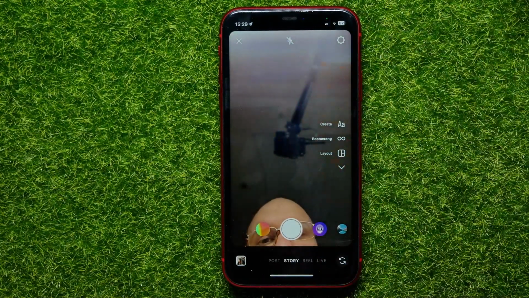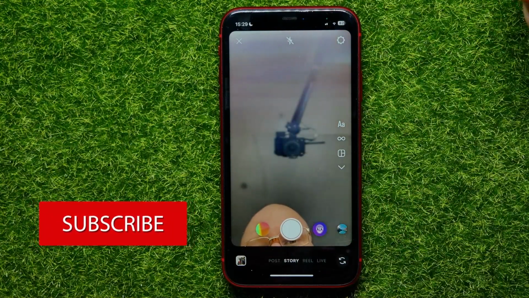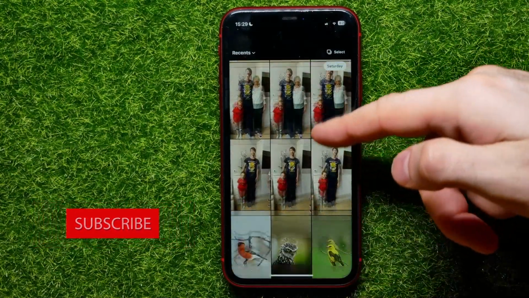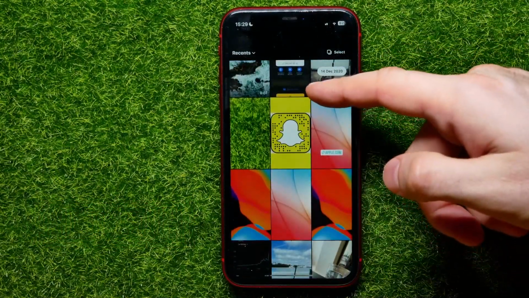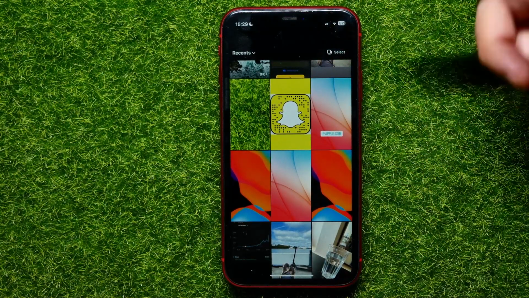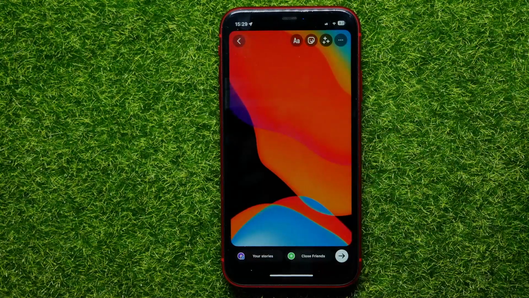You can use your camera to take a picture or to record a short video first, or you can hit right there to open up photos from your camera roll, and from here you can select any photo or video to add it to your story. I'll just pick that one, and now in order to add a question sticker here, all you have to do